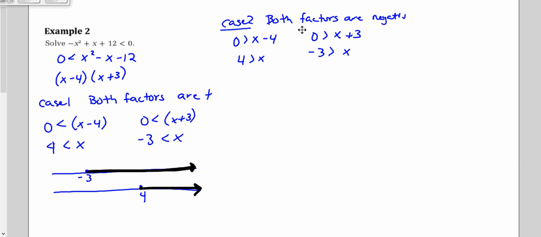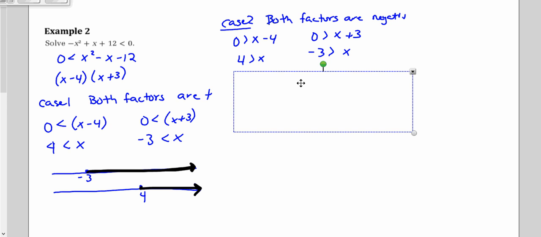Our second case is going to be when both factors are negative. So when this would be a negative value and this is a negative value. In order to do that, we're just going to flip this sign here and say that 0 is greater than this, which would mean that if we solve this inequality, we have 4 is greater than x, and if we solve this inequality, -3 is